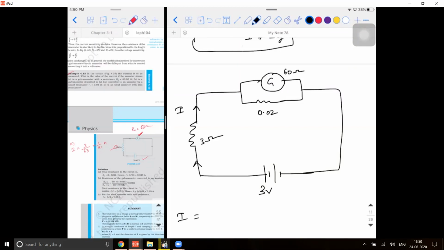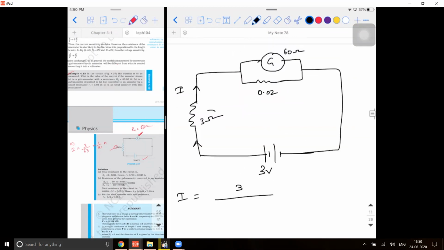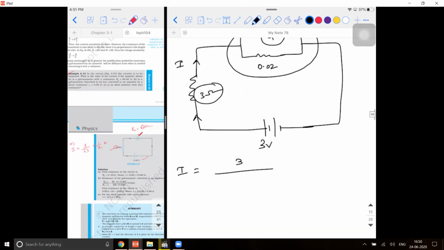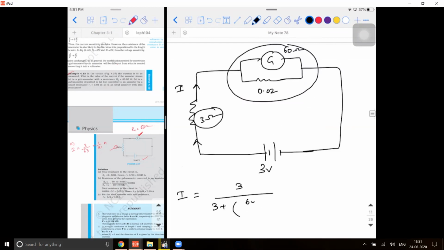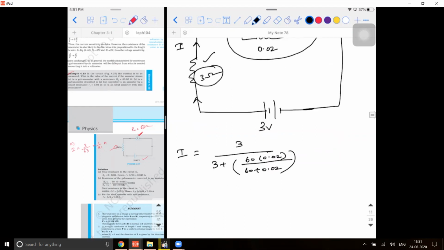So I will be equal to V by R. The same 3 volt is supplied across. This 3 ohm is connected in series with this combination. Can I write it as 3 plus R1 R2 divided by R1 plus R2? Please don't look at the solution. I is equal to V by R only, but what is going to be the equivalent resistance? 3 ohm is connected in series with this combination. So 3 divided by this value, these many ampere will be the answer for part B.